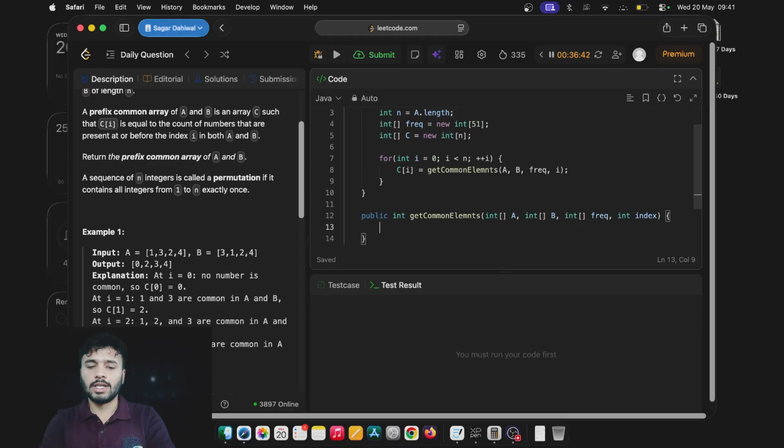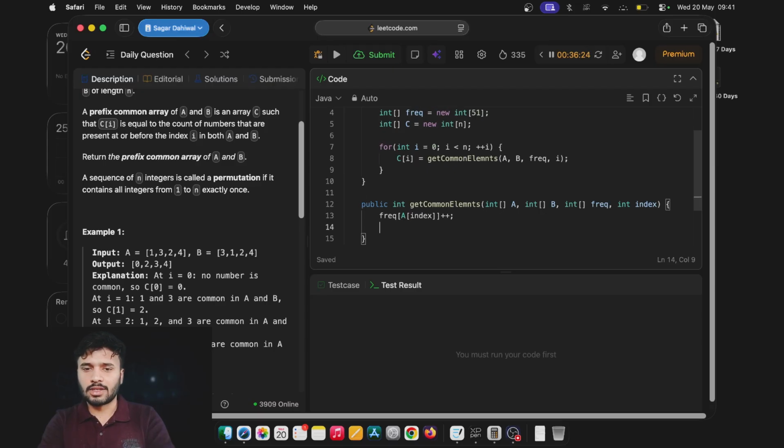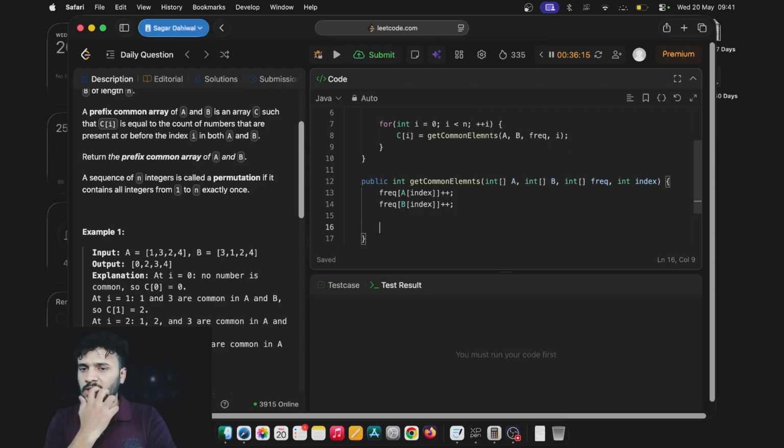So first, what we need is frequency of A of index plus plus, meaning whatever the number at this particular index, we are just increasing the frequency of it. Okay, frequency of B. Okay, and once we increase the frequency of that number which is present at this index in the